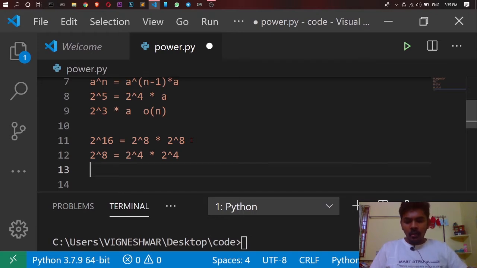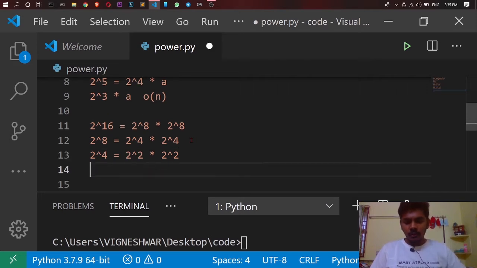To find 2 power 4, you can just multiply 2 power 2 with 2 power 2. So this will take 4 steps, right? In another step you can find the answer for 2 power 16.